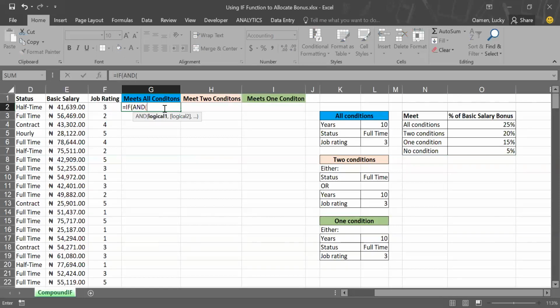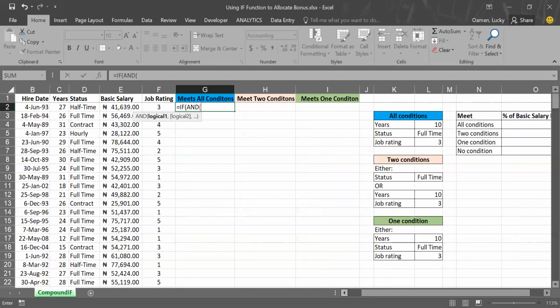If the number of years is equal to 10, I'll freeze it, comma, and if the job status is equal to full-time, and I'll freeze it, comma, and the job rating